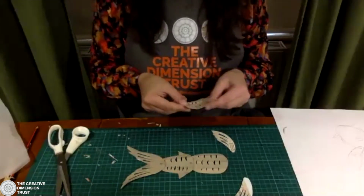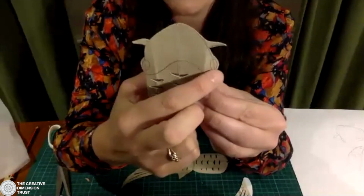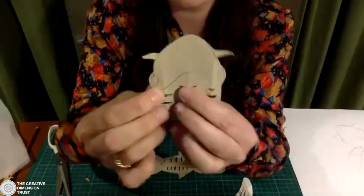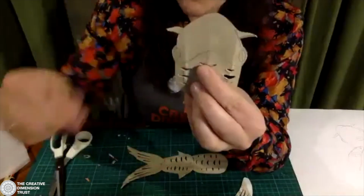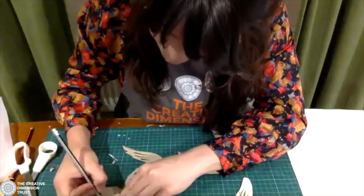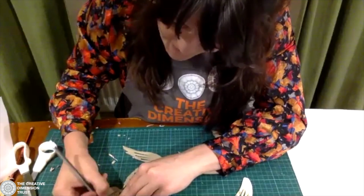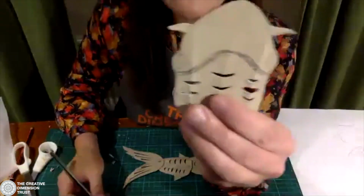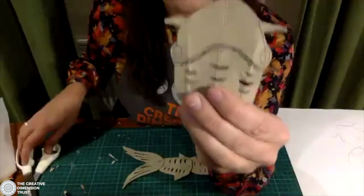I want to cut out this line of the head now. So what I'm going to do is essentially cut my puppet's head off, not to be alarming, but I want to cut out a strip. So if I draw that a little bit more clearly for you to see, the aim is to remove the section I've just coloured in here, and then use sellotape to stick it back together. So